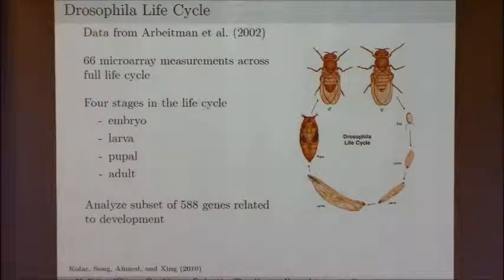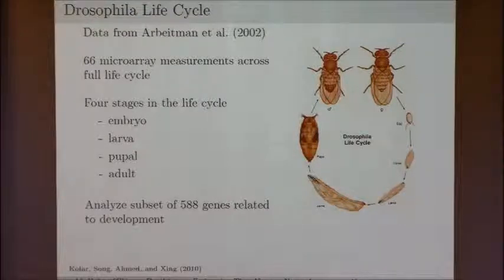And these observations are bucketed into 4 stages. We have a number of observations during the embryo stage, and then as the organism becomes older, we have fewer measurements. The measurements are taken less frequently. So here you have maybe every few hours, and here a few days would pass between microarray measurements. And we are focusing our analysis on a subset of about 600 genes